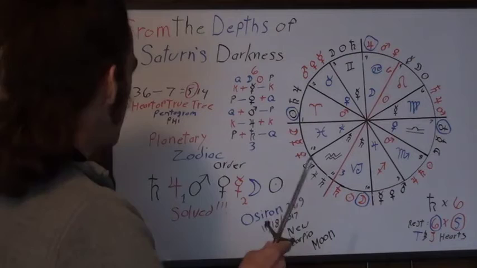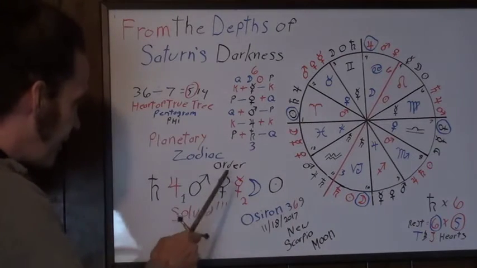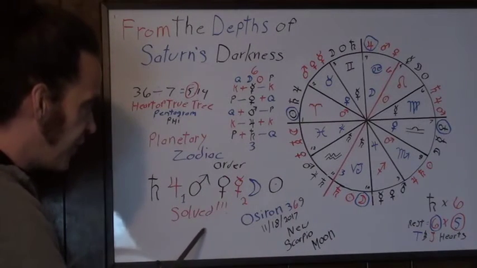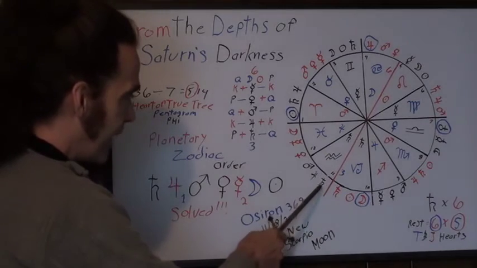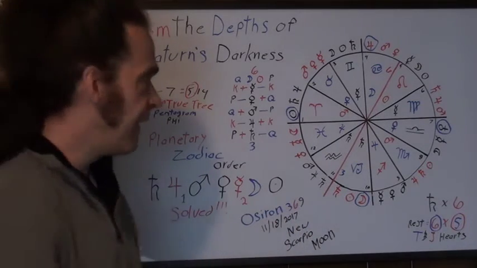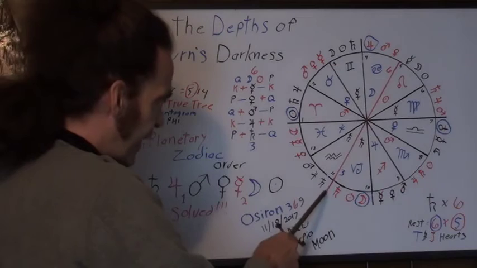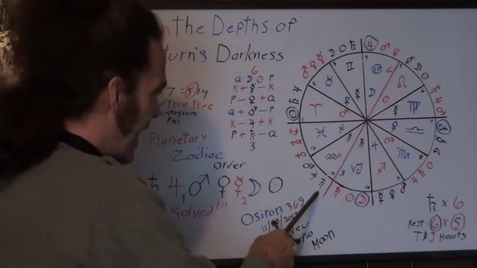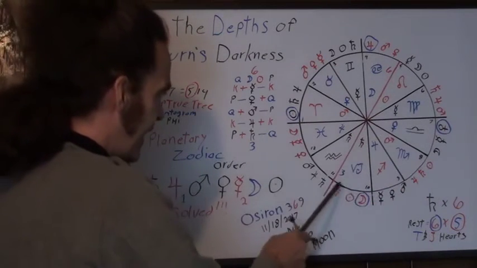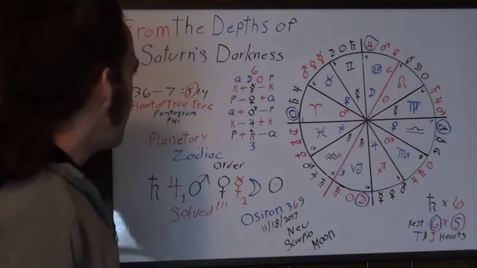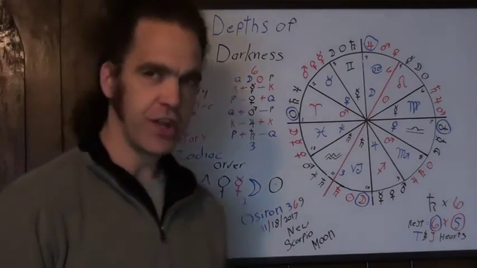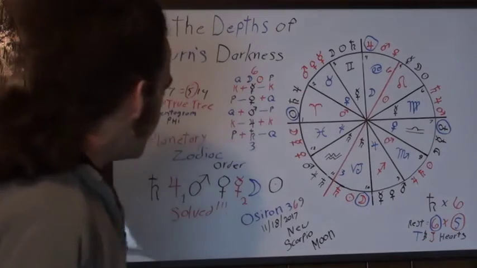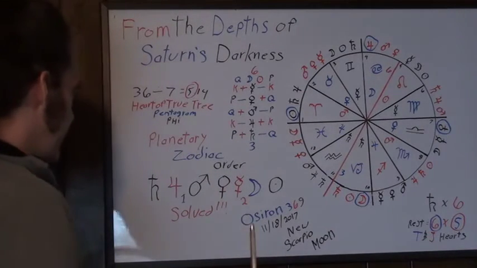I just wanted to show you that the planetary zodiac order looks like it's been solved, because when you use it in the proper way, it works out much, much better, using the axis of the Great Lord as its demarcation point for Saturn to begin, go around, and then end with Saturn. But one quick thing I want to illustrate is that I mentioned yesterday in the video that